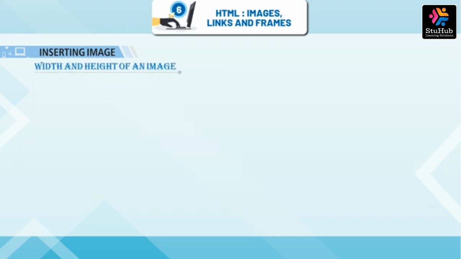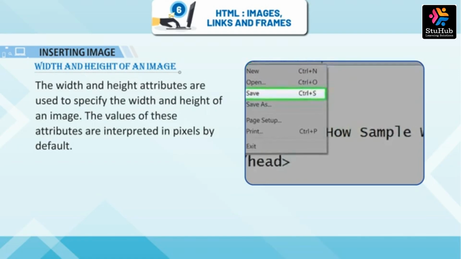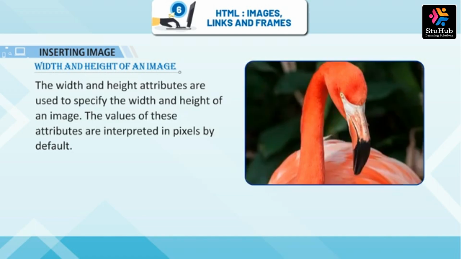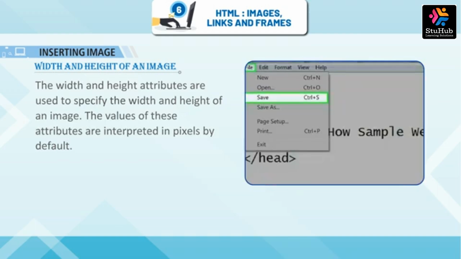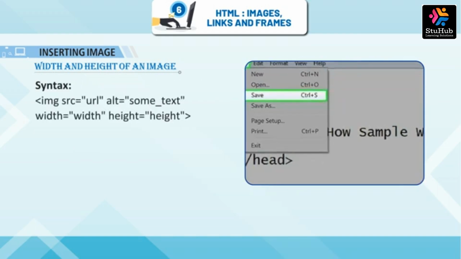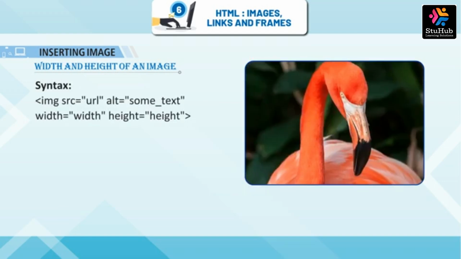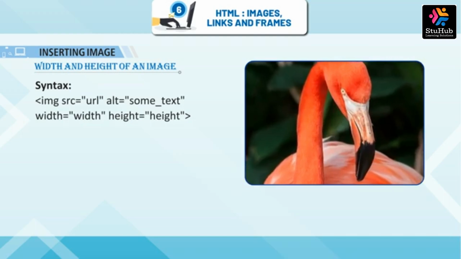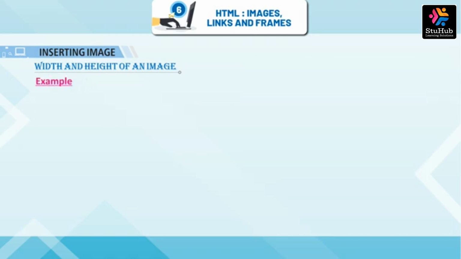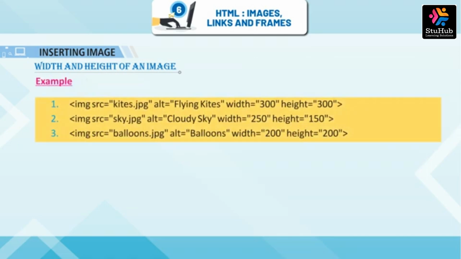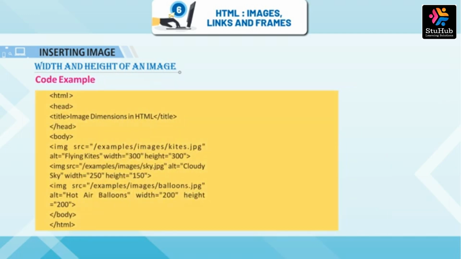Width and height of an image. The width and height attributes are used to specify the width and height of an image. The values of these attributes are interpreted in pixels by default. Syntax: img src equals URL, alt equals some_text, width equals width, height equals height. Example. Code example: